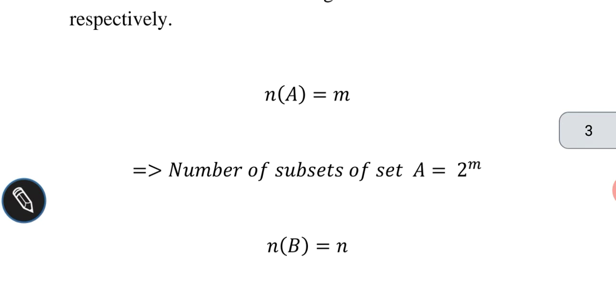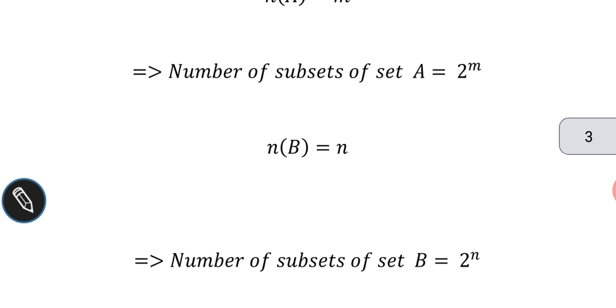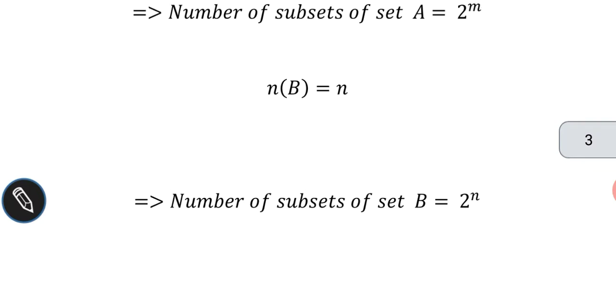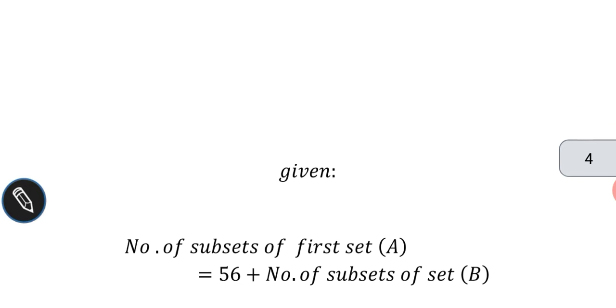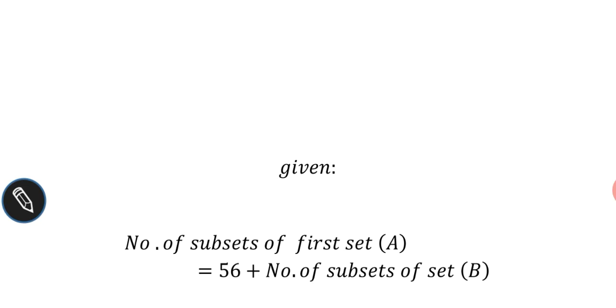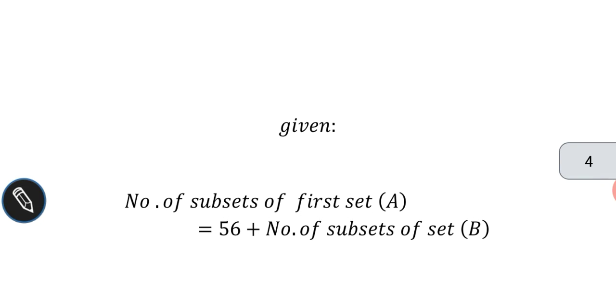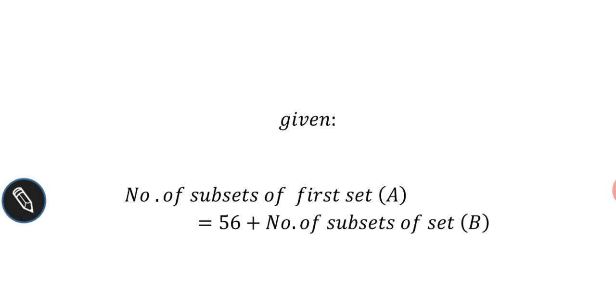Okay. Similarly, n of B is equal to n, which is given in the problem. So the second set B has n elements, so the number of subsets of set B is equal to 2 power n. In the problem it is given that the number of subsets of the first set is 56 more than the number of subsets of the second set. So now we can write the number of subsets of first set A equal to 56 plus the number of subsets